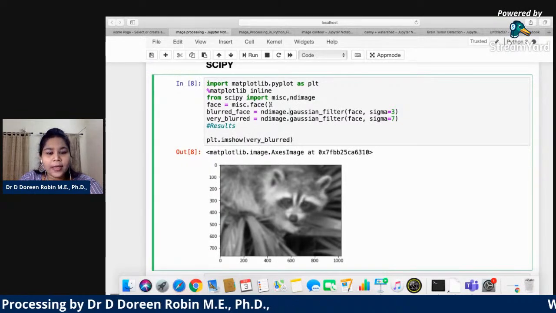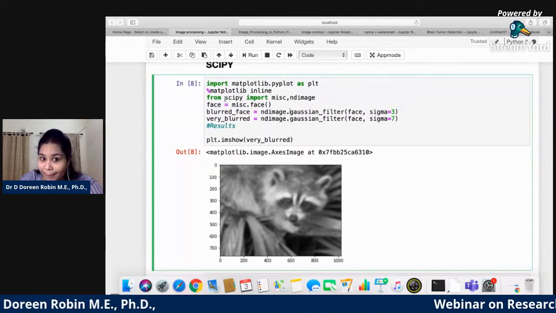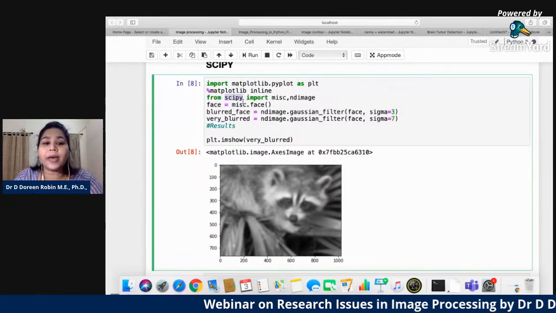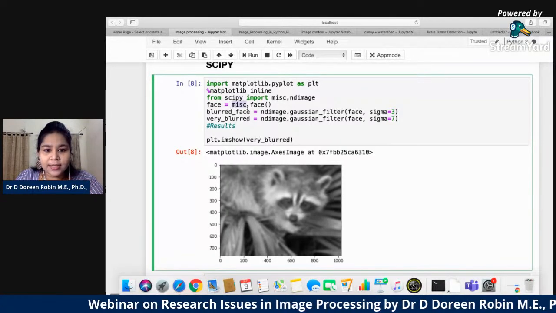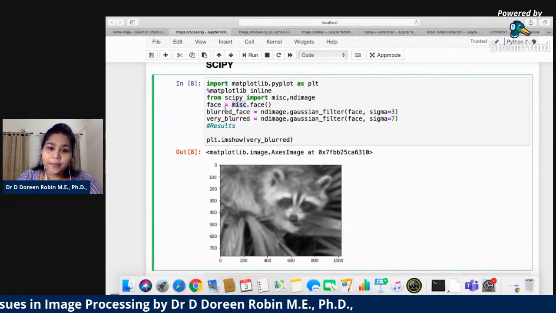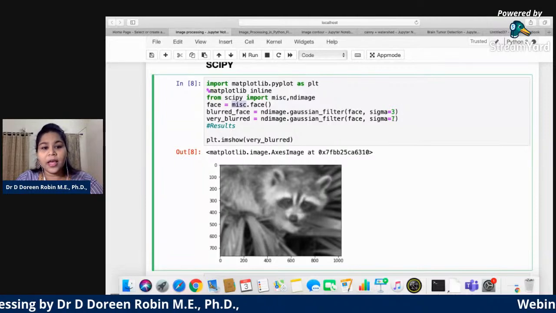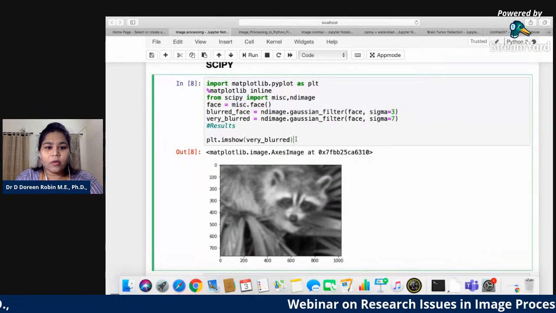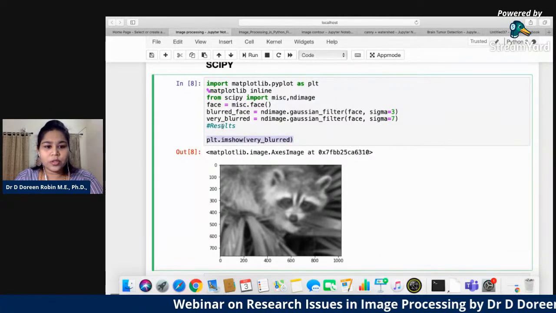From SciPy, you remember in NumPy we imported data, my image data sets are inside this package. So misc.face, I'm loading it and I'm blurring it. Okay, it's blurred, very blurred. I can also show it to you.